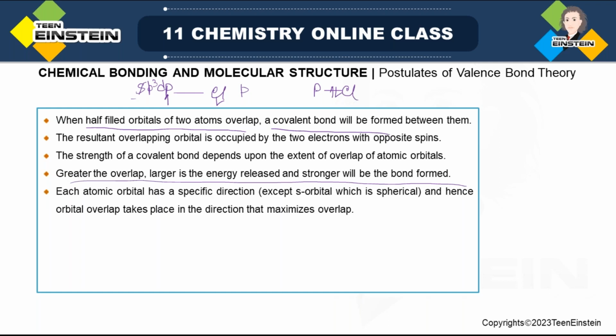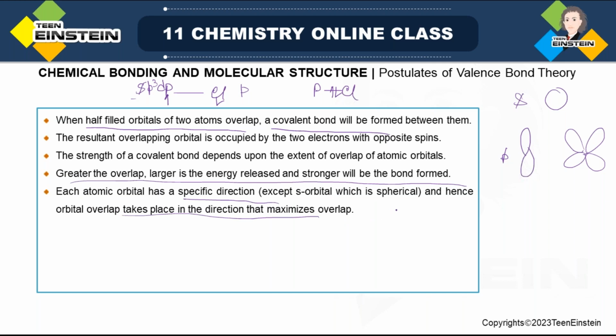Each atomic orbital has a specific direction except the s orbital, which is spherical. But remember, in the last class we have seen that p orbital and d orbital have lobes with different directions. For example, when it is a p orbital, this is the lobe. For s it is simple, it is spherical. Then for d, lobes are present in 4 directions. So orbitals have some specific direction except s, and hence orbital overlap takes place in that direction and